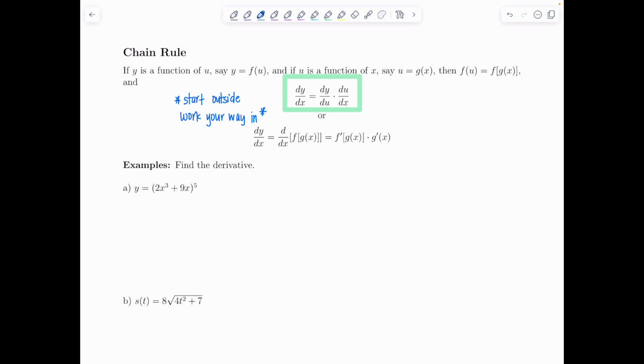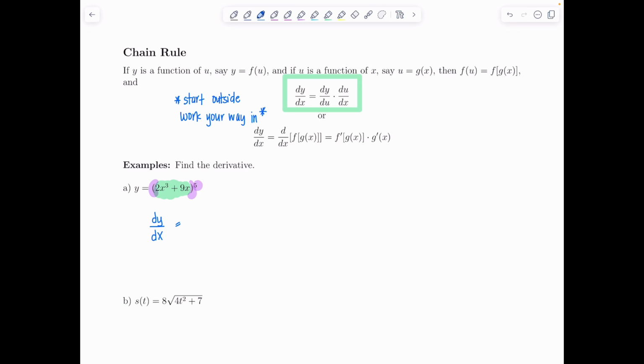Okay, so basically what's happening is we have a composition of functions. On the very outside, I have something being raised to the 5th, and then on the inside, I have another function. So when we do the chain rule, start on the outside, you work your way in. So dy dx, or y prime, is going to be,